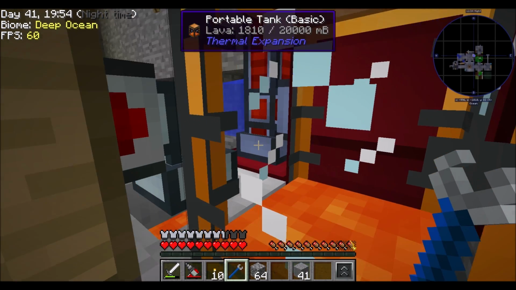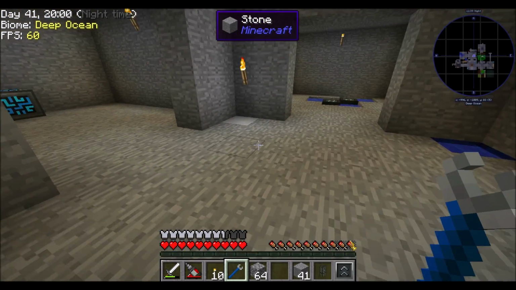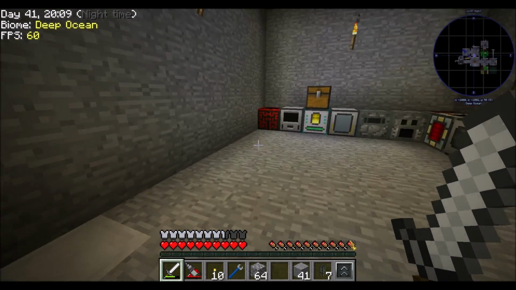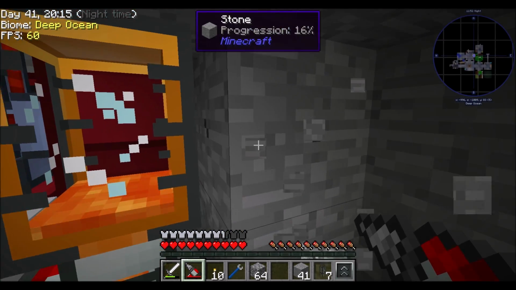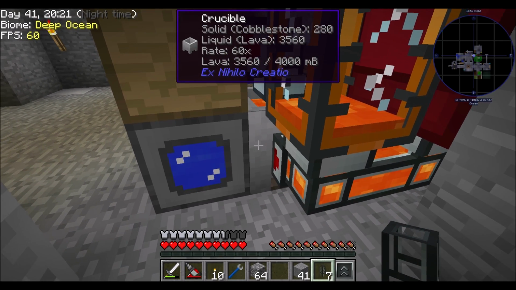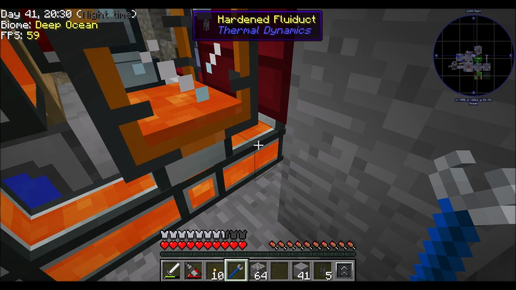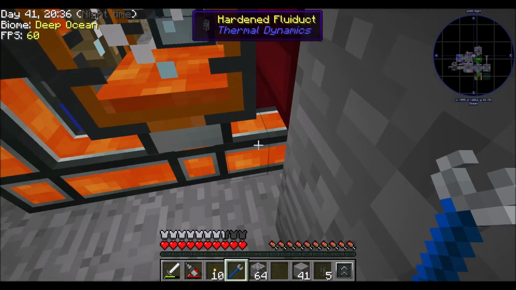I kind of want to keep this nice and compact like it is. But if I had more hardened fluid ducts. So many things I want to do, which is the sign of a good pack, honestly. When you're at a point where you don't know what you want because you've got so many things you want to do. Right? So, like, you... I'd kind of like you to not be...